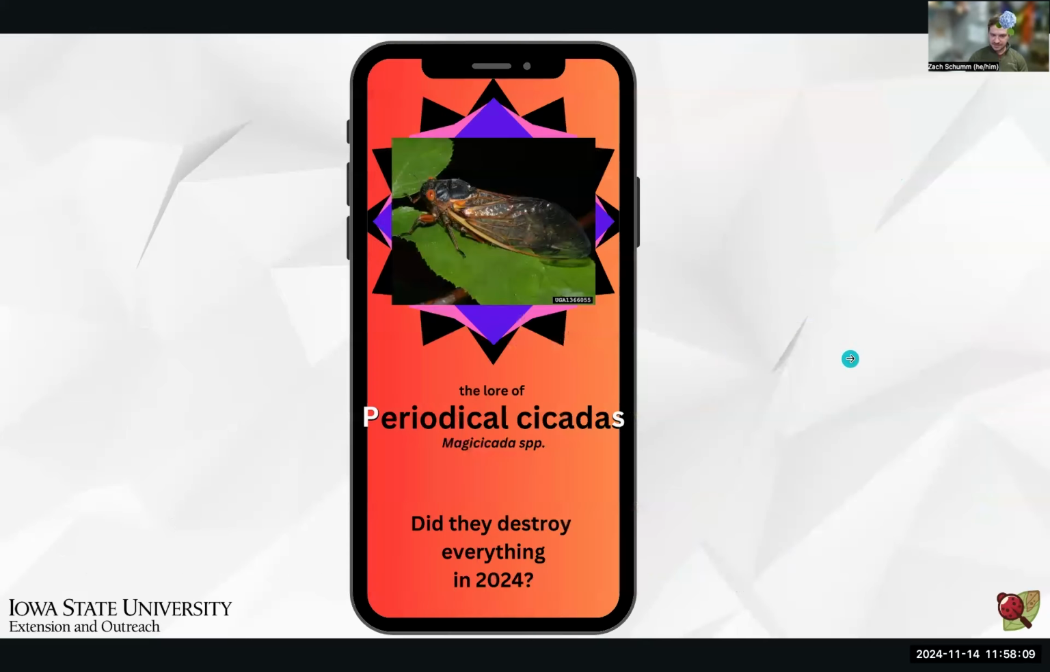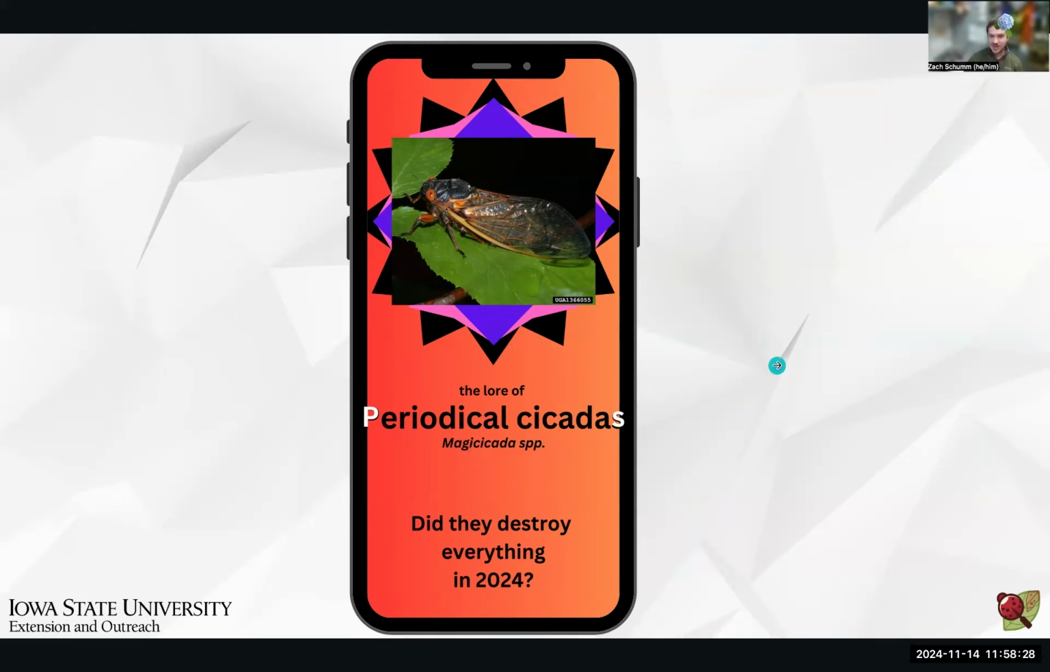The next one I have to talk about, the periodical cicadas this year. They were a huge topic earlier in the season. We heard there's this really big double emergence in 2024, and people were calling pretty much every day throughout the state, and I got some calls from people in other states in the US too, saying, are they going to destroy everything? What do we have to worry about? Long story short,